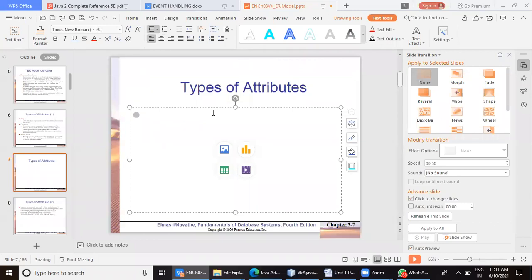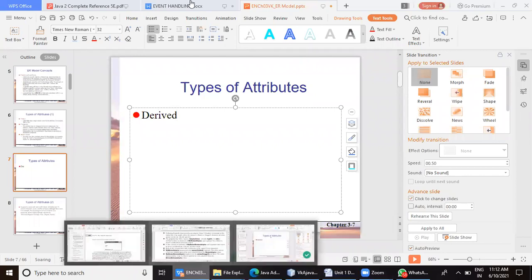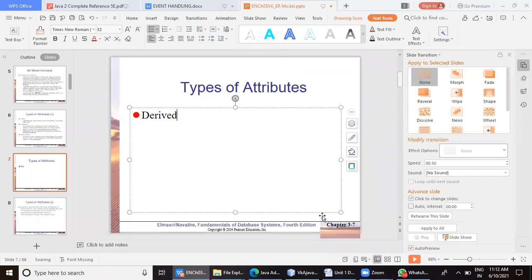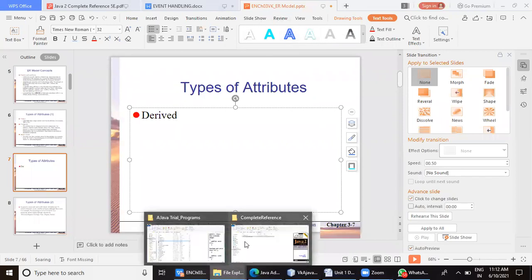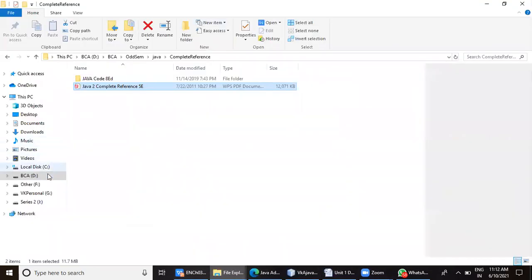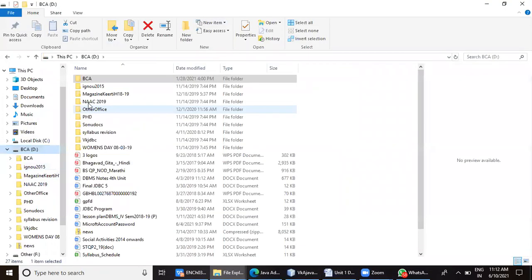Default is not a type. I'm just using these terms to make you understand. Derived. Let me quickly check the name used in your textbook so that we stick to the same term.